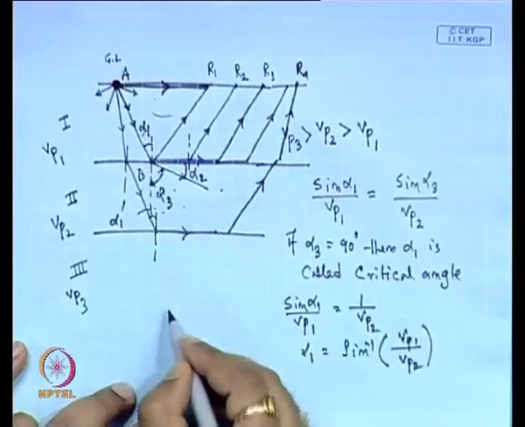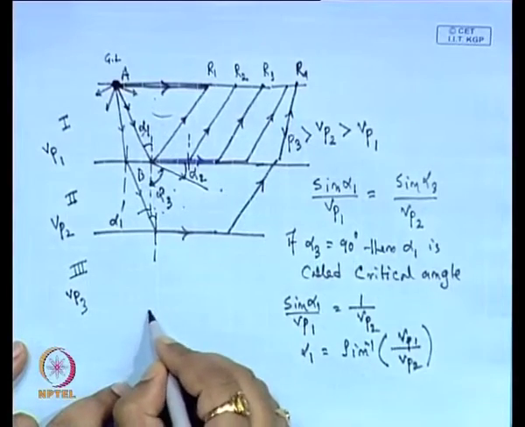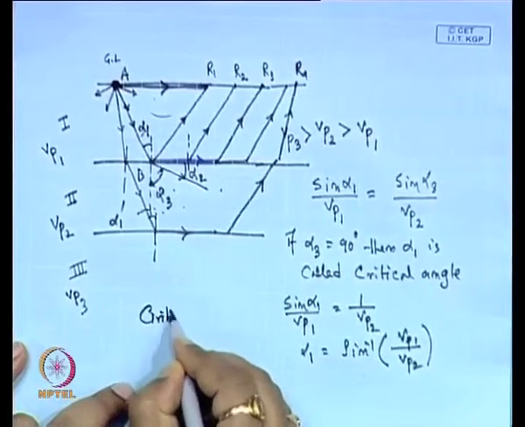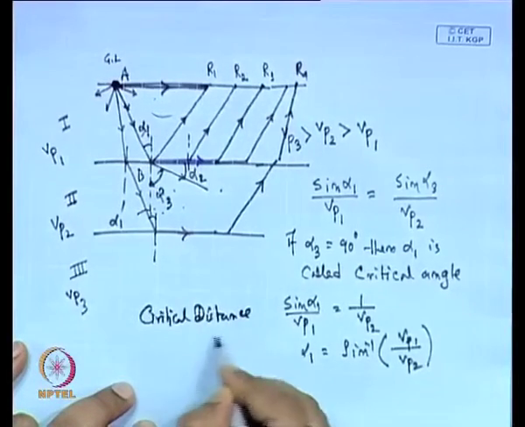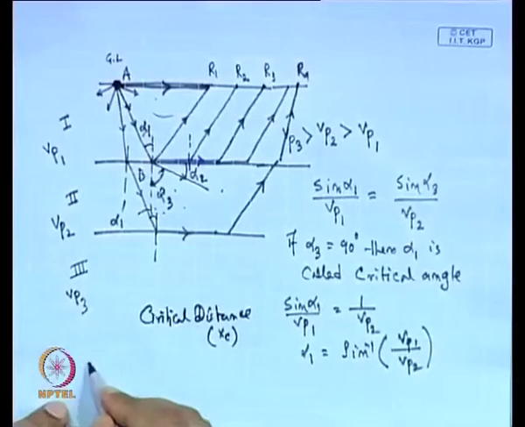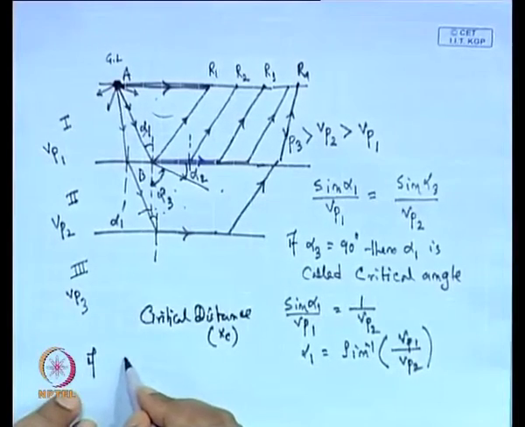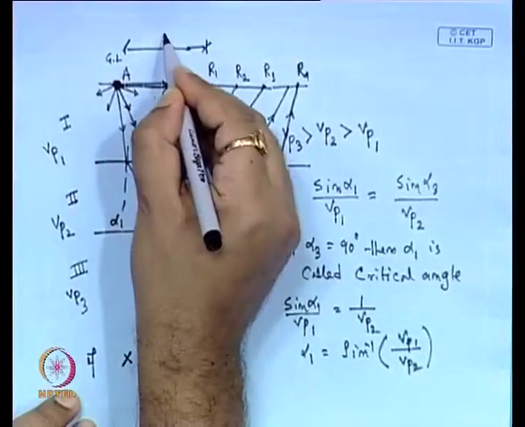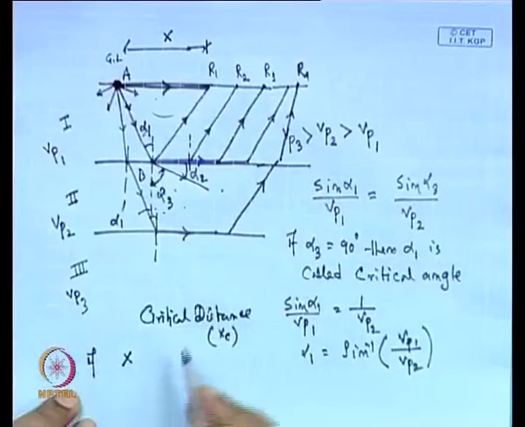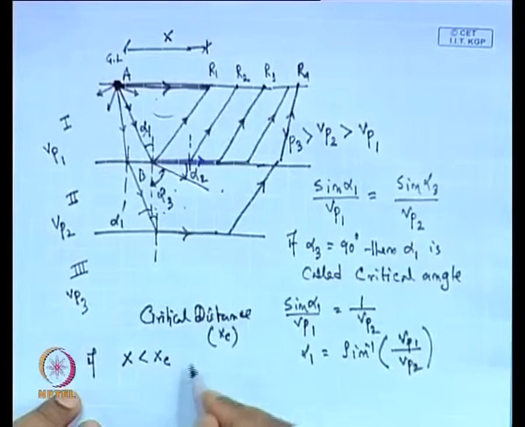Suppose this critical distance is, say, x c. Now, x is any distance from the source. If x is less than x c,